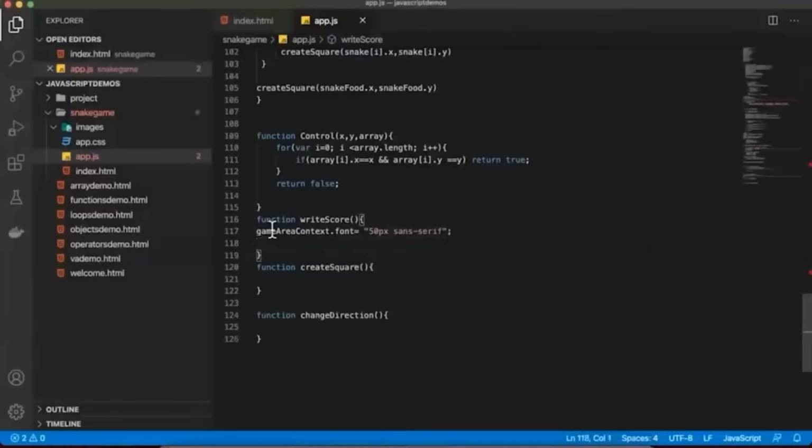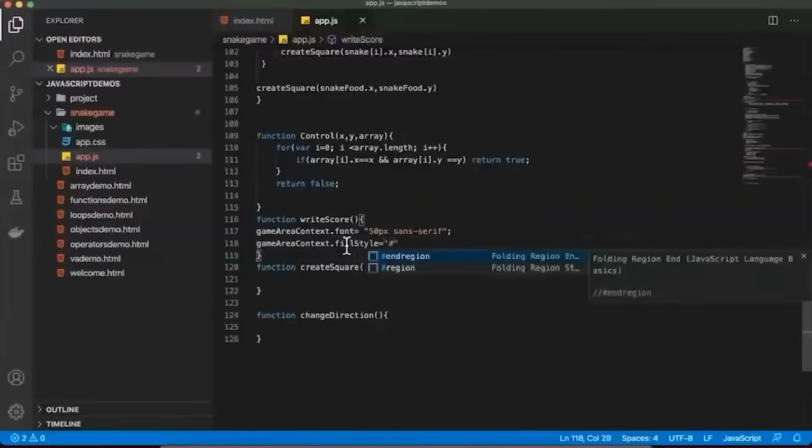After that we are using game area context again. Let me copy this, take it again, game area context dot fill style equal to, here I'll be using another color now. So we say hash